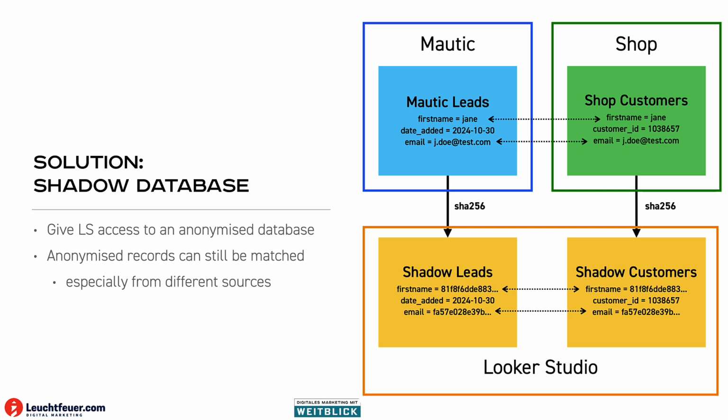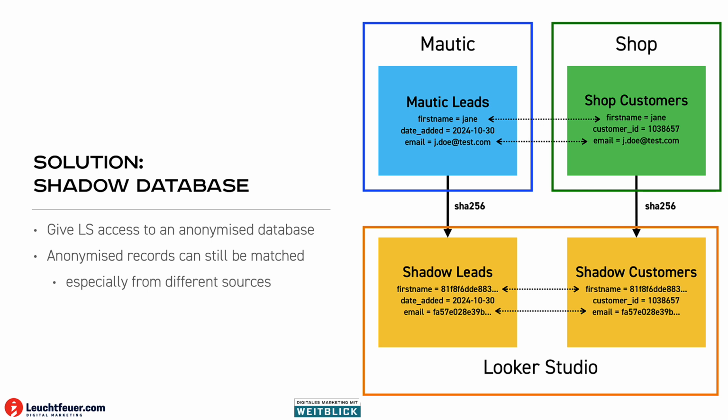So we take those data points that need to be anonymized and hash them. This basically just means we take the email address and turn it into a seemingly incomprehensible array of letters and numbers, which can't be traced back to the original email address. Ergo, it's anonymized. And then we give Looker Studio access to just this anonymized database. The important thing is that these anonymized records can still be matched, because if we have an email address in the leads table and an email address in the emails table, both of those get hashed to the same hash. So we don't know what the email address was, but we know that it's the same,